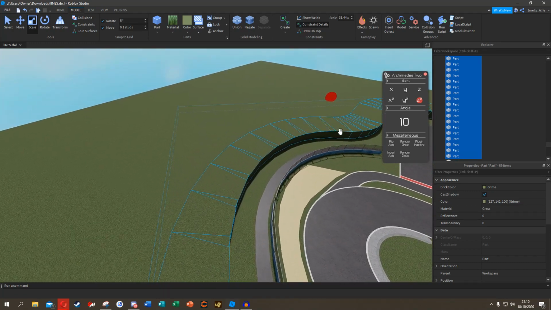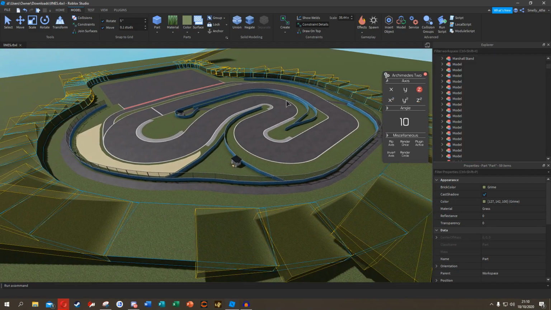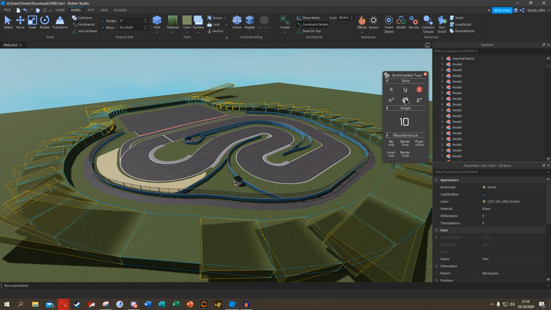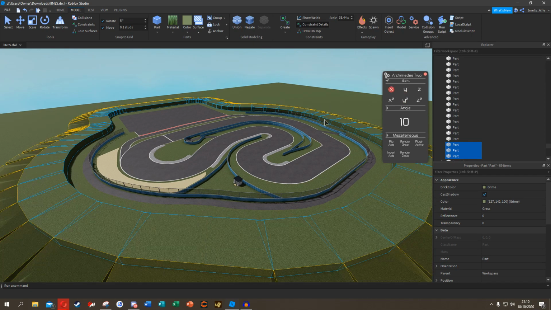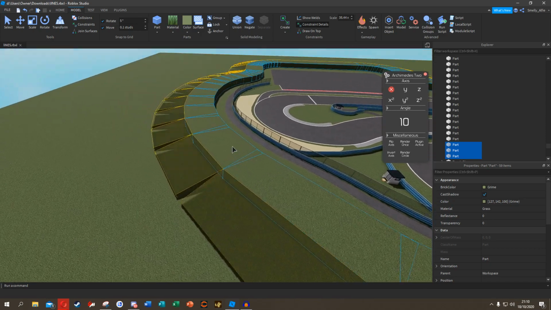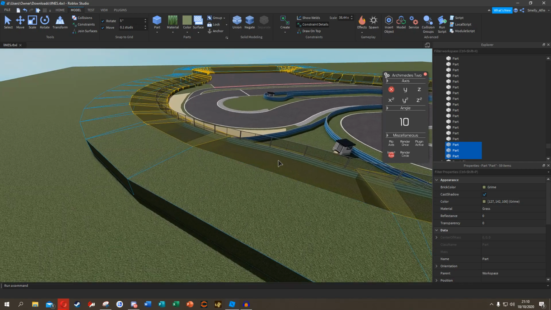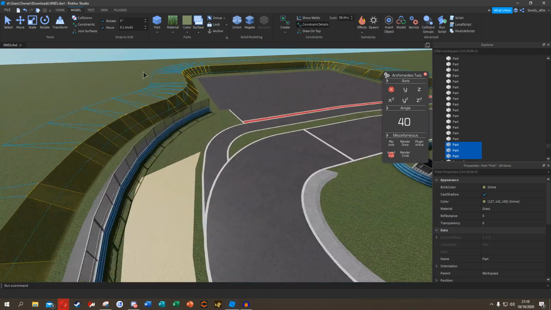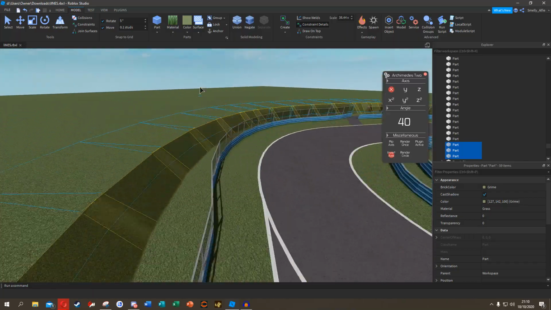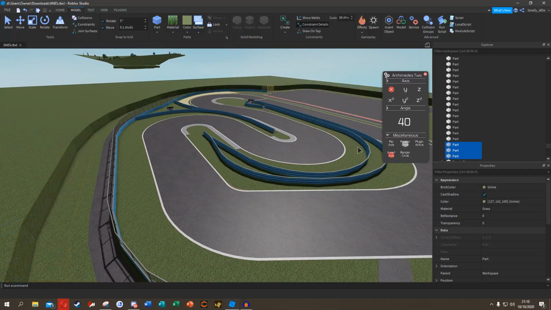Okay, so now you've got all that selected, then you want to go back over to Archimedes, and you want to find the one where they go like this, where it sort of gives them this sort of look. You want to invert them so it goes inside. You want to do an angle of, let's say, 40. Does that work? Yeah, so we'll go 40, render once,